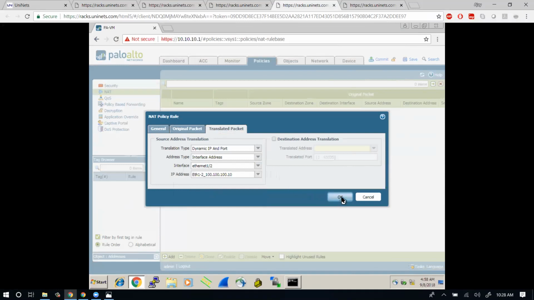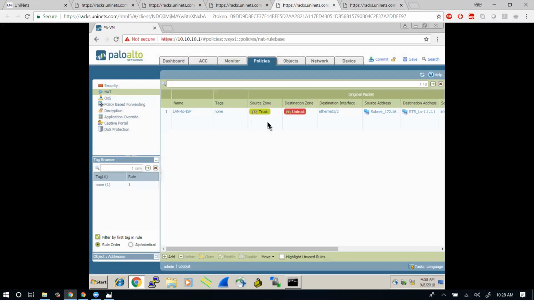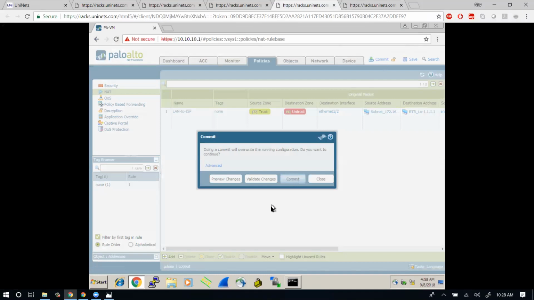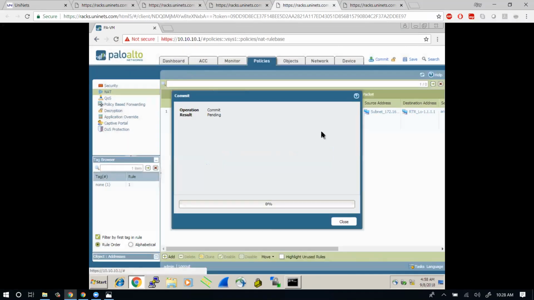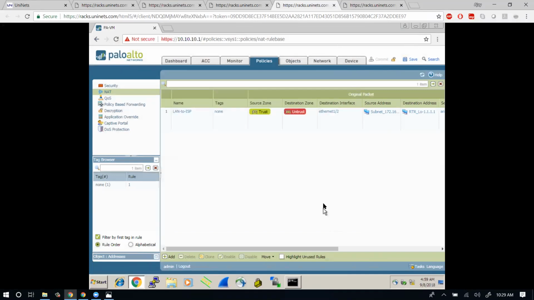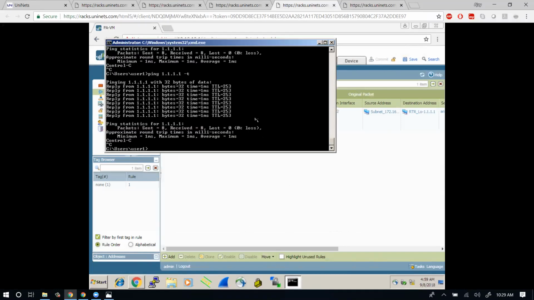Now giving it okay. Now we have the rule in place. I'll go for commit. Now we have a rule where we are defining from LAN to ISP. So this PC is sitting on